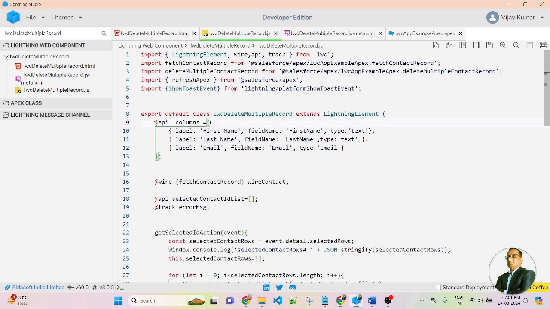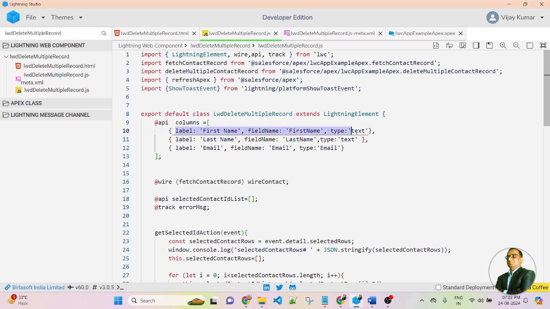So friends, here you can see, first I define a variable, that is columns, and this is an array type. And inside the array type, I define different types of objects. And inside the object, I pass data as JSON. And in the JSON, you can see label, field name, and data type.